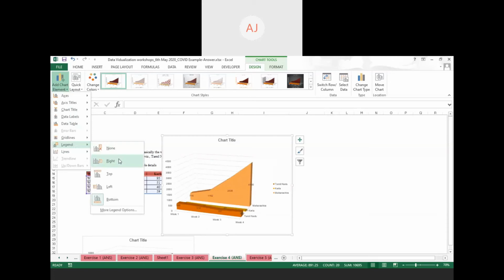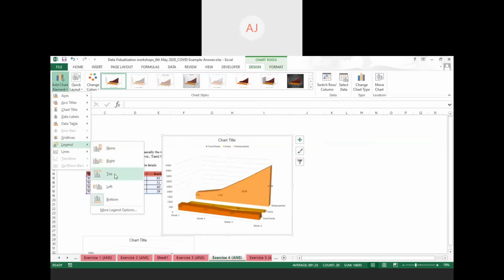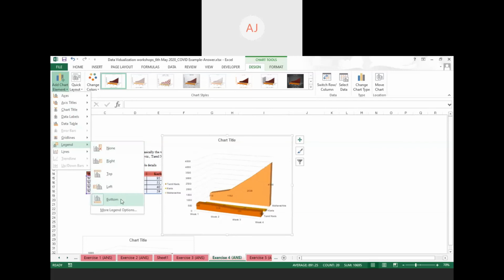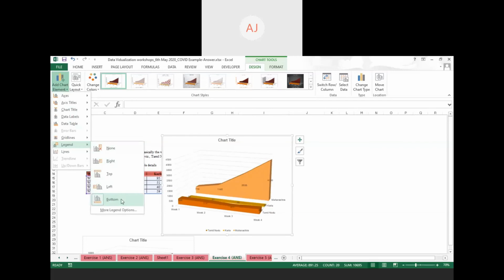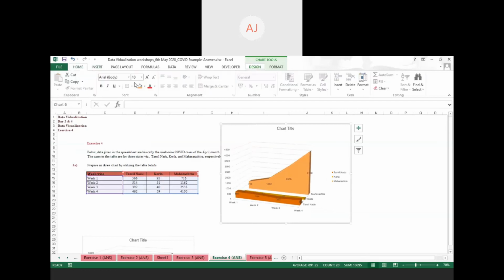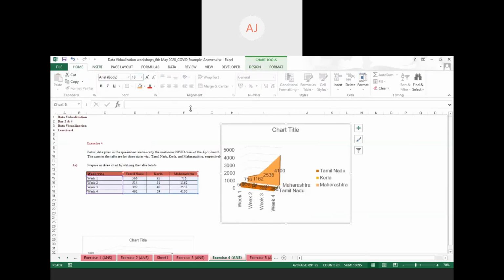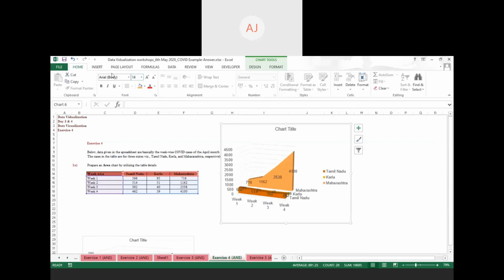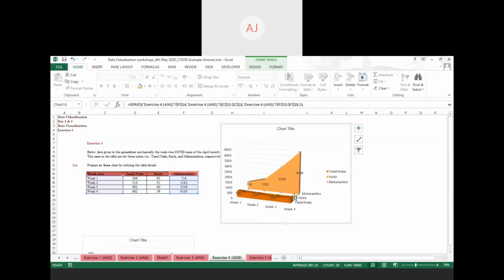If you want to place your legend on the right, click on right. If you want it at the top, you can choose top, left, none. If you don't want any legend, simply click on none. If you want it at the bottom, click on bottom. Otherwise, click on right. So I think now it's clear how to make an area chart.